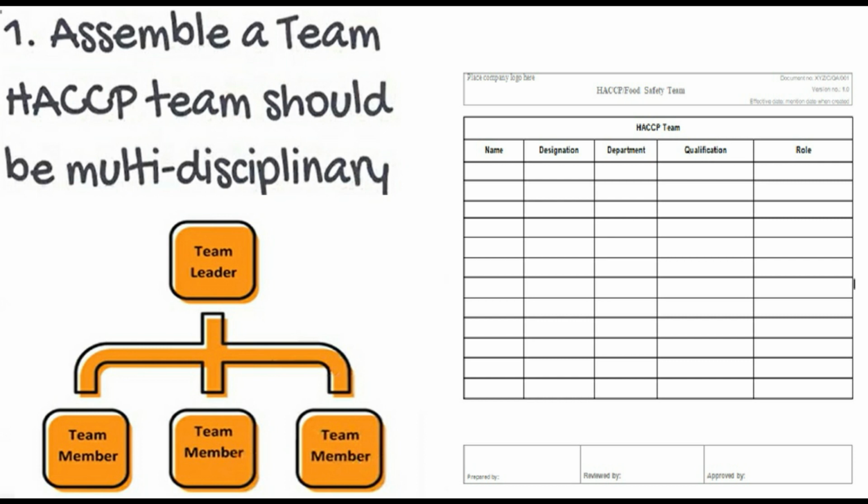Then you need to add from the production department, maybe a production manager, then maintenance manager. There will be a team leader who will be from the quality assurance department, and other team members from other departments. After forming a team, you need to document this for documentation purposes. Don't forget to take signatures, because otherwise your documentation requirement will not be fulfilled.